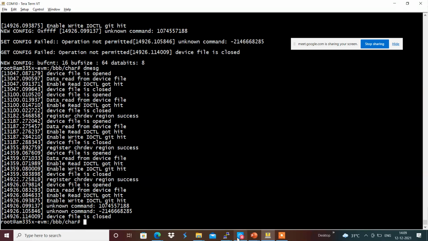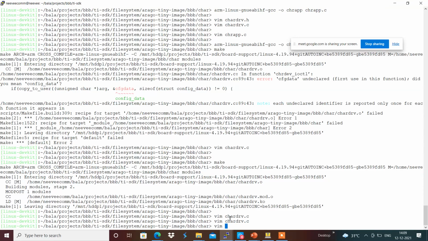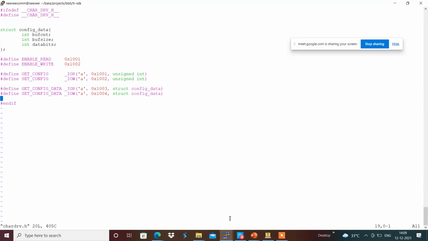.h IO get config data is something like a comma read and struct underscore config data.